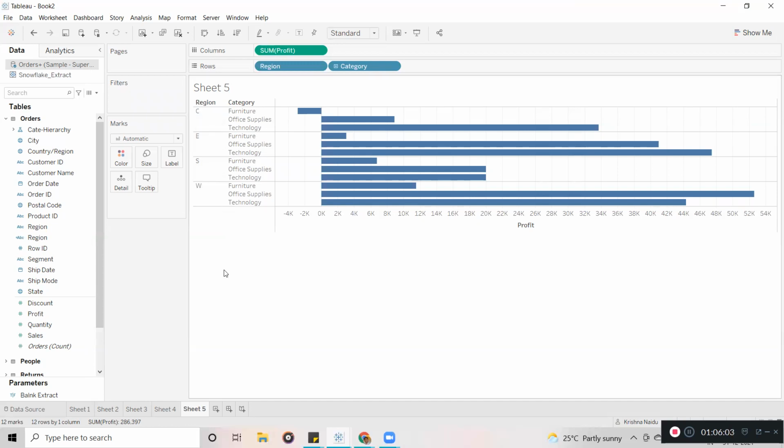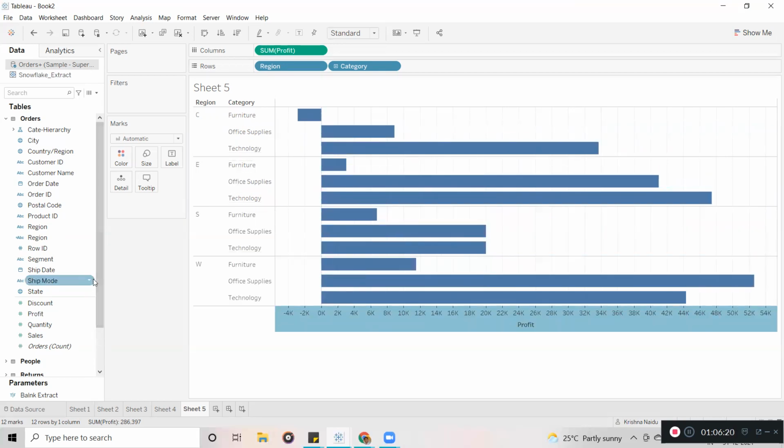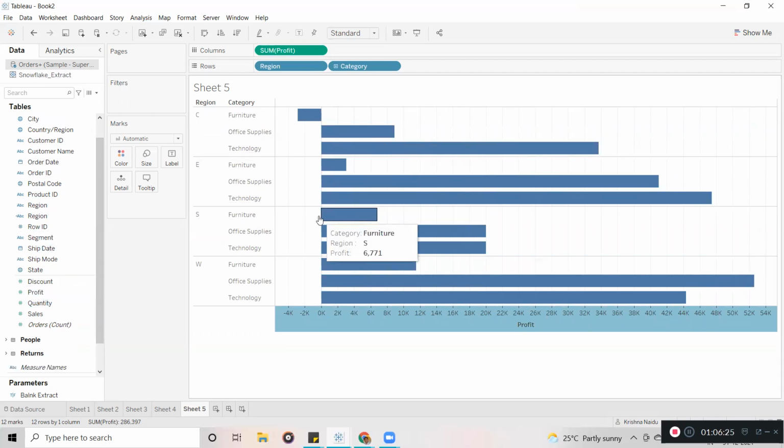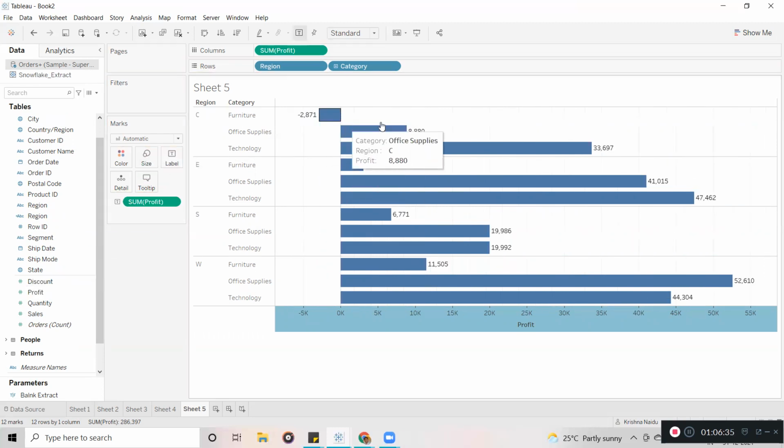So the duplicate will help in a lot of situations, guys, in real time. Actually, whenever you are creating a visualization, depending on the requirement, we are going to duplicate the columns. And one more scenario, for example, here I have profit already. I am displaying the profit here, right? Now I am going to give profit into labels. Now you can see it is displaying the profit label-wise.